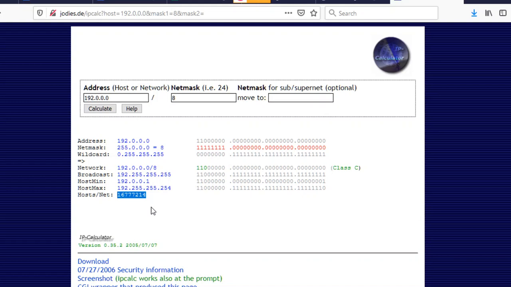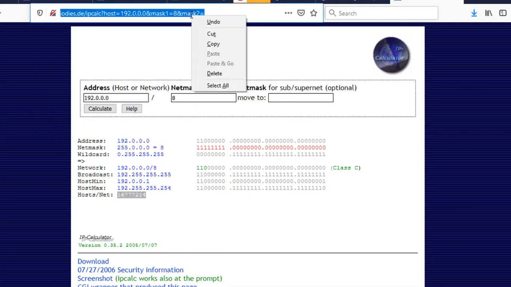It's already been subtracted. The 127 and the broadcast already subtracted. You have 6 minutes. Oh my goodness, that's a lot. 16 million hosts that we can have in there. Okay, guys? So when you guys get an assignment to do about addressing and stuff, this is a good website